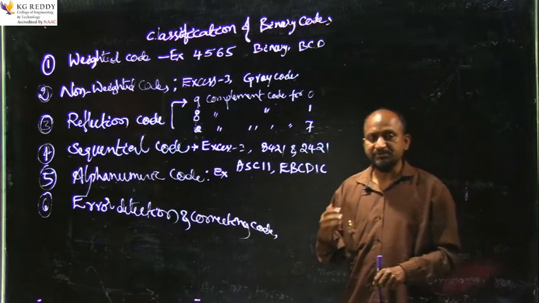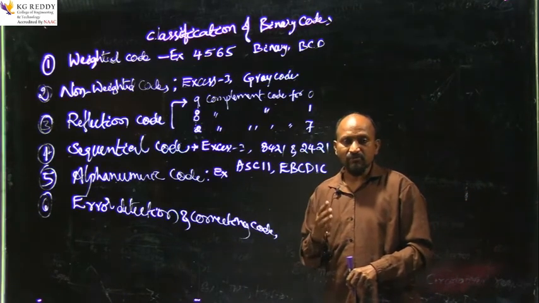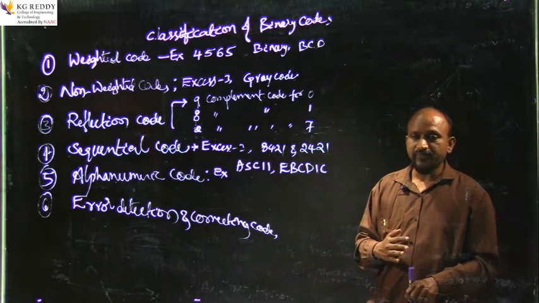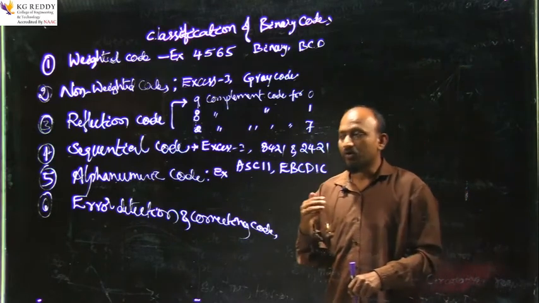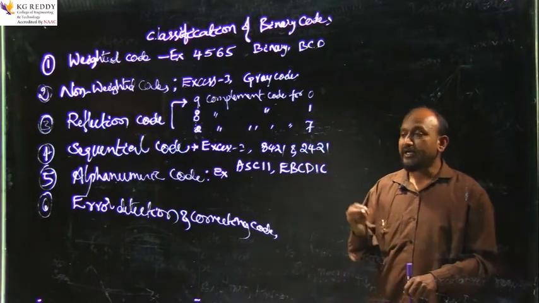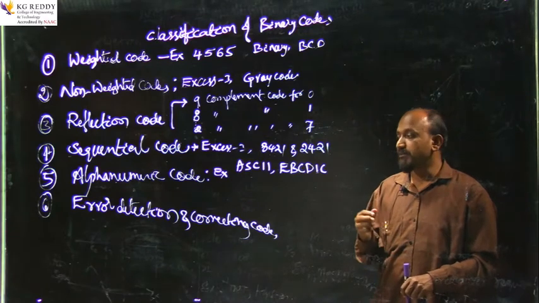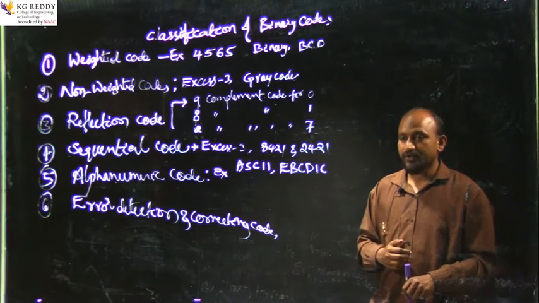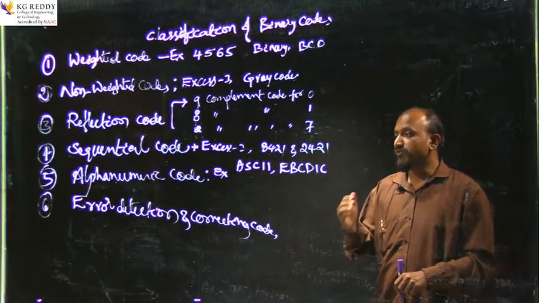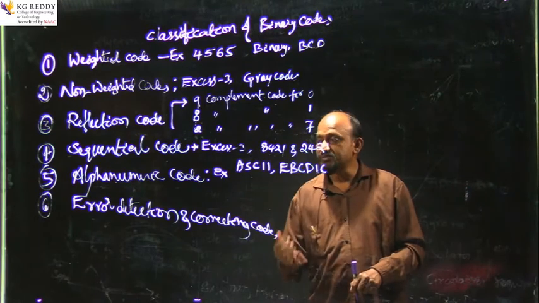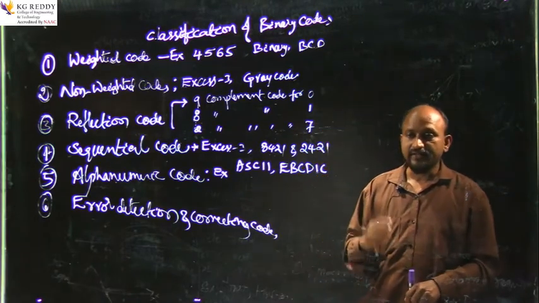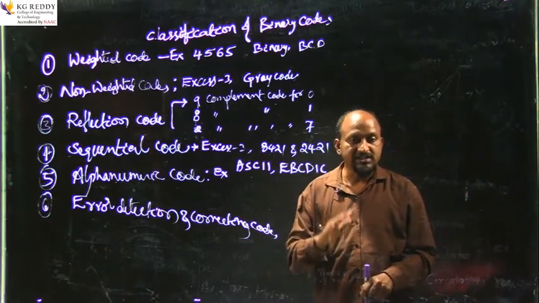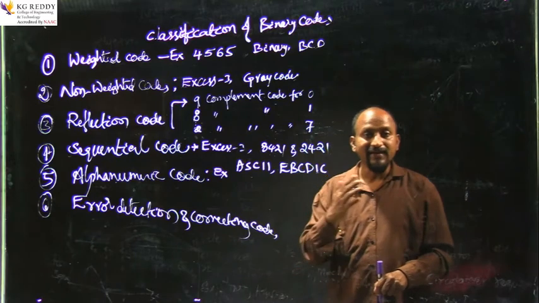When we are transmitting digital information from one point to another, from source to destination, transmitter to receiver, one system to another system, or one circuit to another circuit, the data may get corrupted or changed due to the presence of noise. The data we transmitted from the transmitter section may be lost at the receiver. That means a 1 can change to 0 or a 0 can change to 1 at the receiver side.